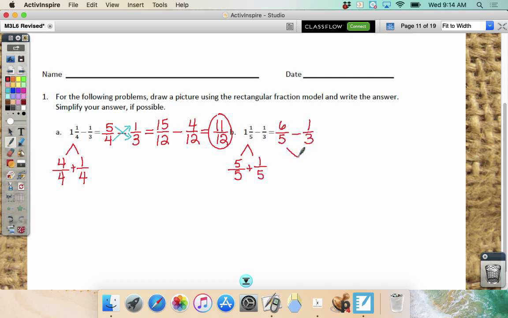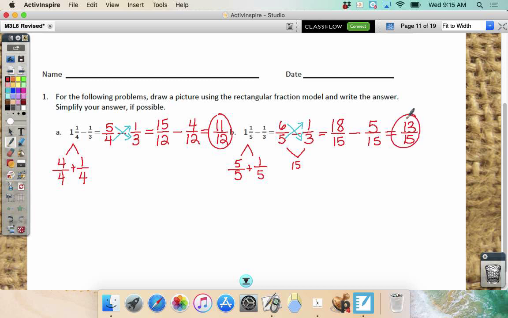So you can just multiply them together. Top down, bottom up. So 6 times 3 is, and 5 times 1 is, and we have,